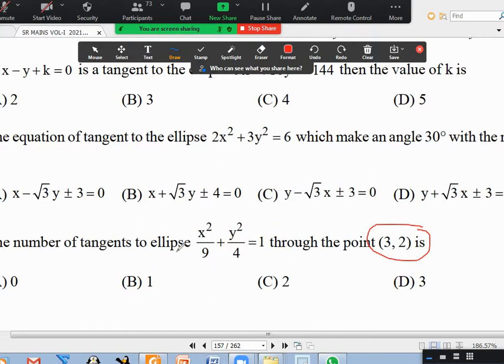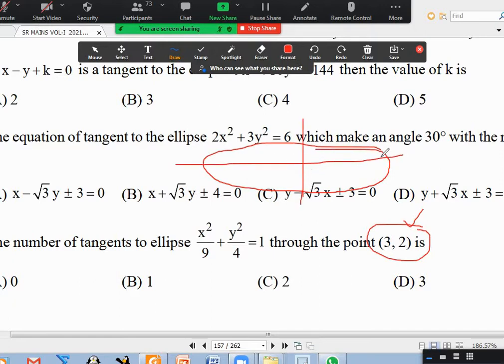Somebody is telling in terms of m, but the point is fixed. So you should not tell in terms of m. I'm not asking for the general tangent, but the tangent passing through the given point. It is very easy here. You know why some people told the answer very quickly? That is because if it were any other point, it would have taken time.